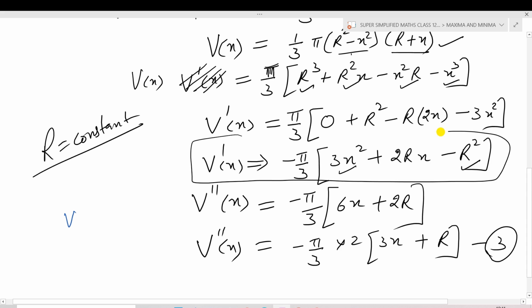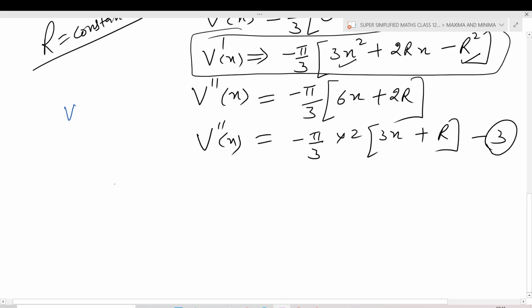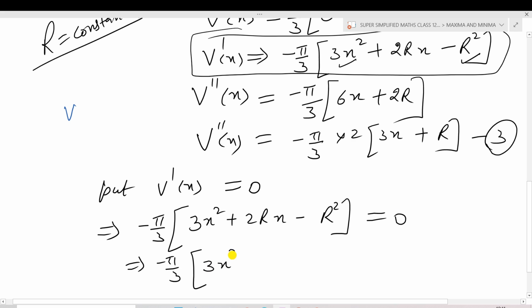This gives me minus pi by 3. You know, this is the process of using the second derivative test, that we put v dash x to be 0. So minus pi by 3, 3x square plus 2rx minus r square is 0. We factorize it, we split the middle term, so we get 3x square plus 3rx minus rx minus r square. We are treating capital R as a constant and we have split the middle term, so it comes out to be, now we take from first two terms 3x common,